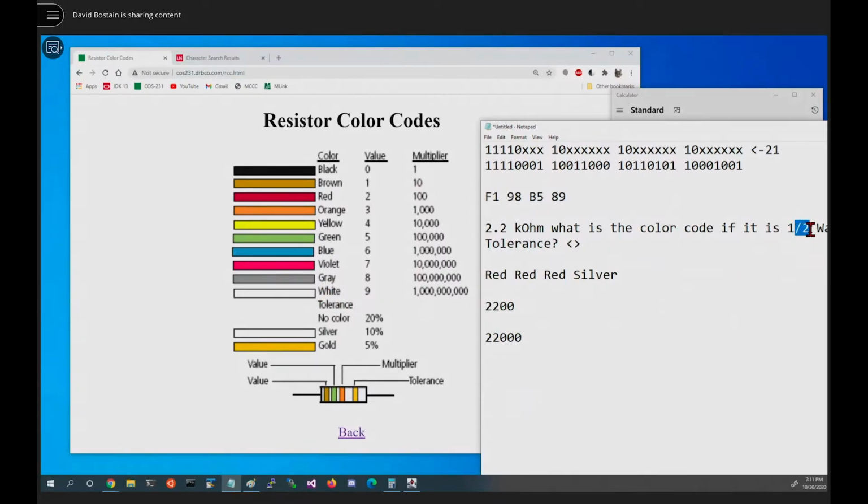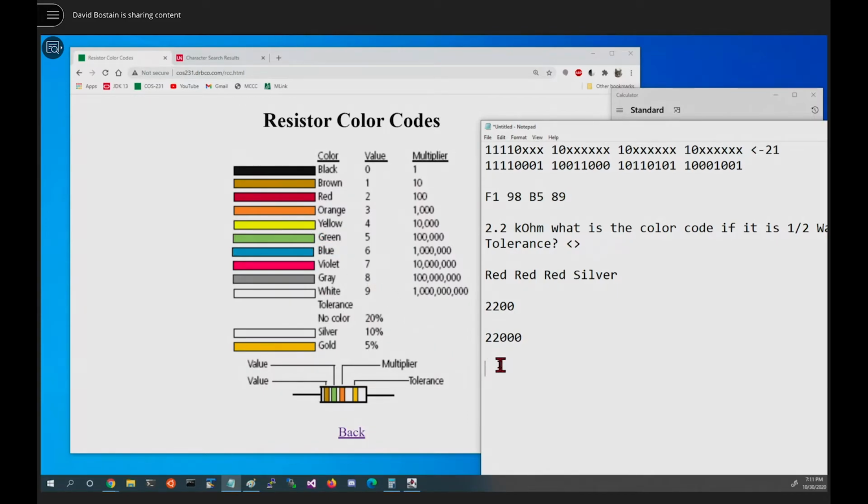What happened to the half watt? Where did we encode that? I thought wattage didn't go on there. It's only on the packaging. That's right, and that's correct. So if somebody asks you what the wattage was, you go, I don't know. So we can do these. I don't think resistors are that tough to do.